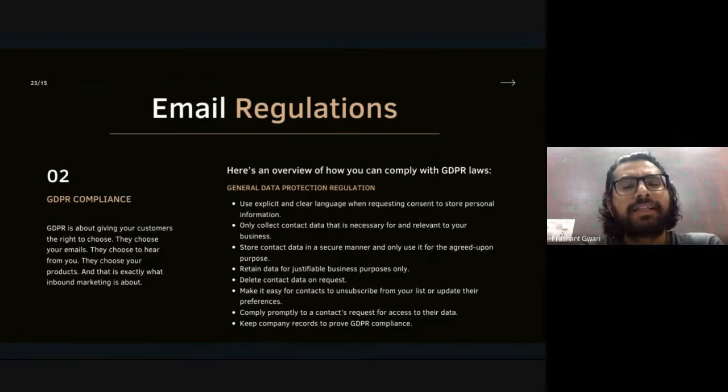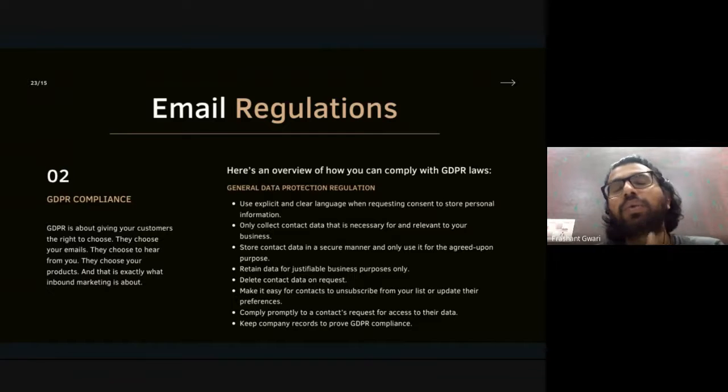The next part is store contact data in a secure manner and only use it for the agreed upon purpose. A lot of the time we read in the news, and recently the news I read in the newspaper was that around 4.5 crore customers' data leaked from Domino's website. Earlier it was leaked from the Ola website.